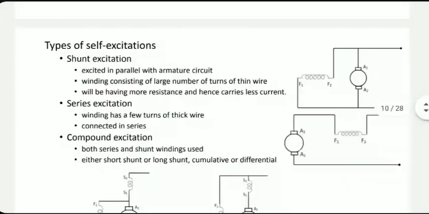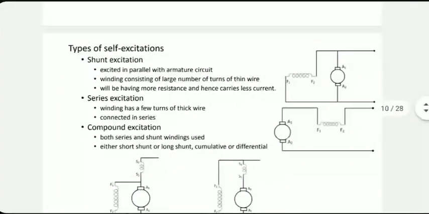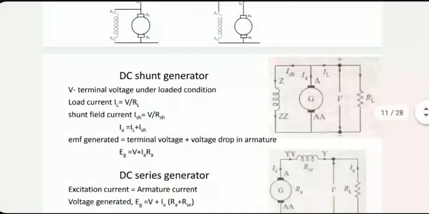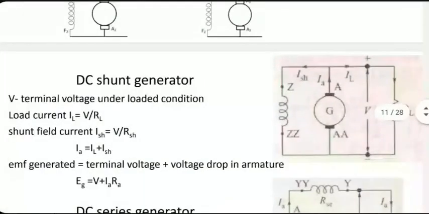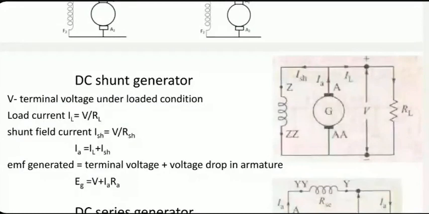Field windings and armature windings can be connected in shunt, series, or compound. We have seen that before, and we'll be coming to it again and again. One thing I want to show you is that when we draw equivalent circuits for analysis purposes, it is customary to show the rotating part, the armature, as a circle with two rectangles on top and bottom. These rectangles represent the brushes. We assume only two brushes for analysis. There can be more than two also. The rest of the analysis we'll be doing anyway in detail. So circle means the rotating part.